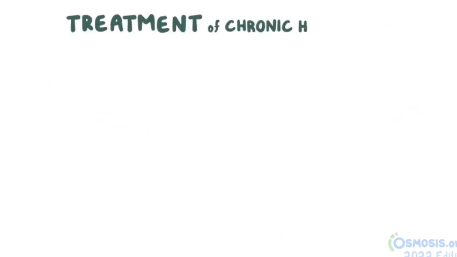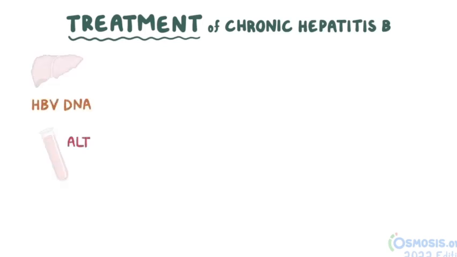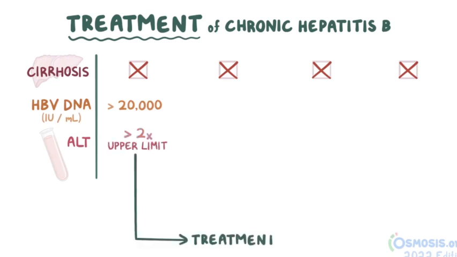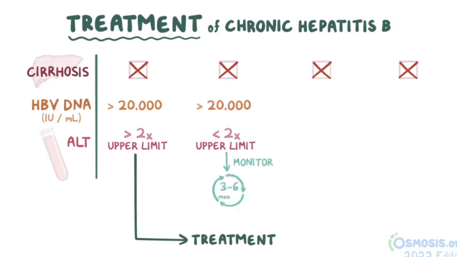Treatment of chronic hepatitis B largely depends on the HBV DNA and ALT levels and whether or not there's cirrhosis. Individuals without cirrhosis that have HBV DNA levels above 20,000 international units, or IU, per milliliter, and ALT levels above 2 times the upper limit of normal are started on treatment. If the HBV DNA levels are above 20,000 IU per milliliter, but ALT is below the 2 times upper limit cutoff, then ALT levels are monitored every 3 to 6 months, and if it ever reaches that cutoff, then treatment